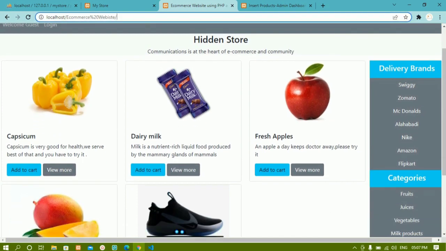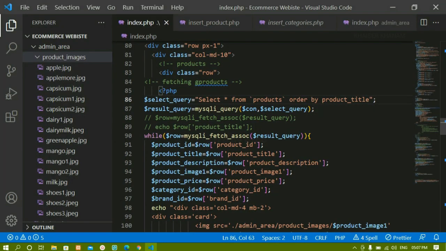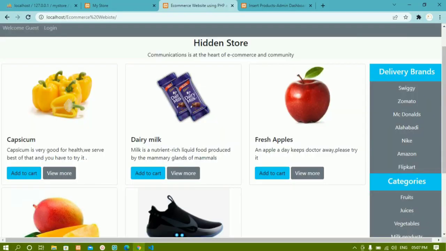Now I don't want this. Again if I refresh this, I'll have the same order. To get a random order, instead of this, I'll write the random function. You just have to write RAND with parentheses. I'll save this. Now if I refresh this one,